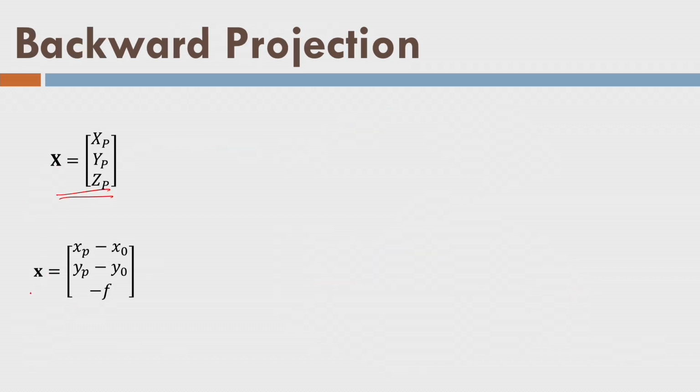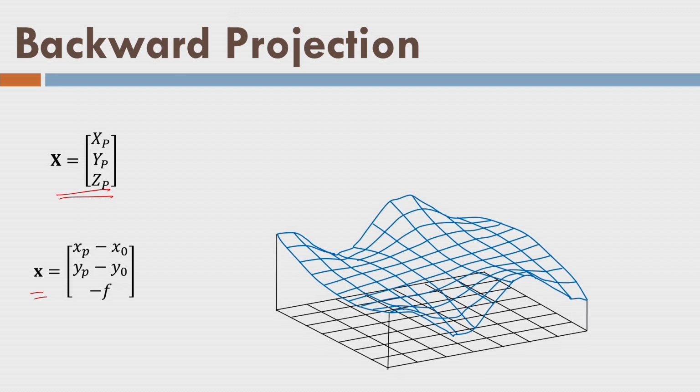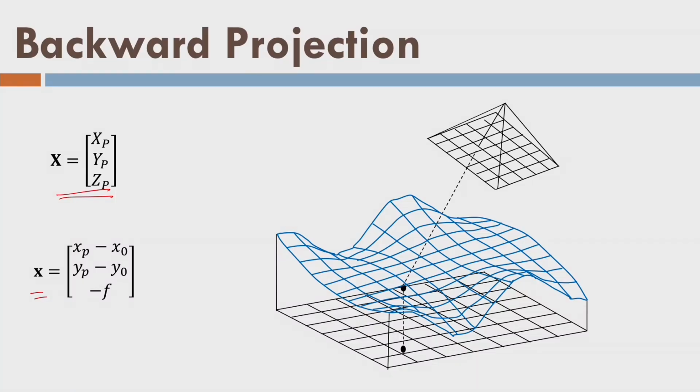With the same terminology on capital X and small x, I am going ahead. So this is plan grid and this DEM. This is the point on the surface of DEM, DSM or DTM. Let us say there is an image, and remember we already know EO and IO parameters. So that means I know rotation matrix R or maybe the inverse of R, that is M matrix in the collinearity equation. I project this point from DTM or DSM to the image and I calculate the small x on the image. That means this is input capital X here, this is rotation matrix M, which is a function of EO parameters, and these are IO parameters that I already know.